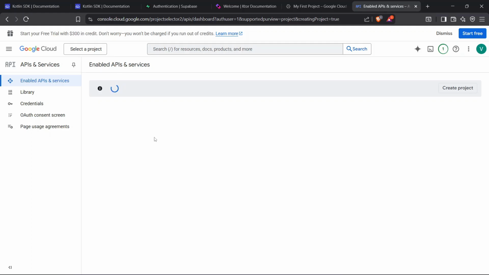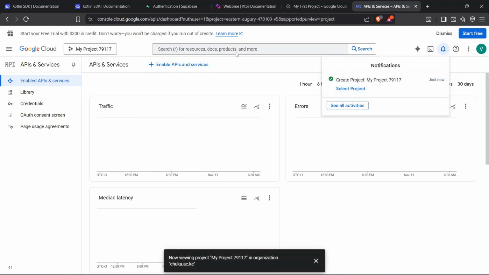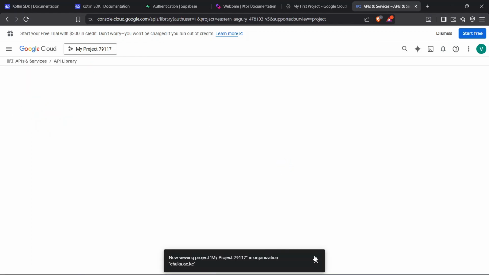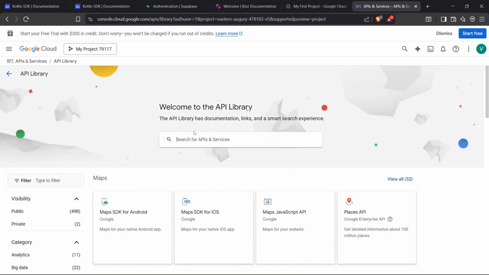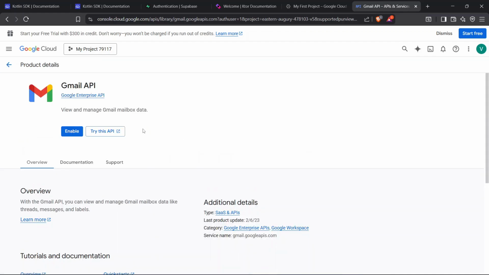So I'm going to wait for my project to get created so that I start using the APIs. After the project is created, I'm going to enable APIs and services. So click on enable API and services. So here I'm going to search for Gmail, because we are going to sign in with that email provided, so I'm going to enable this,